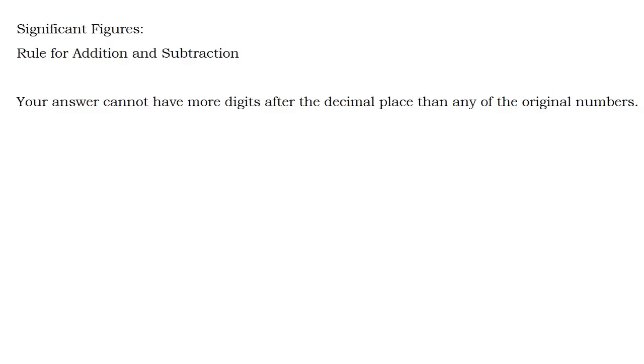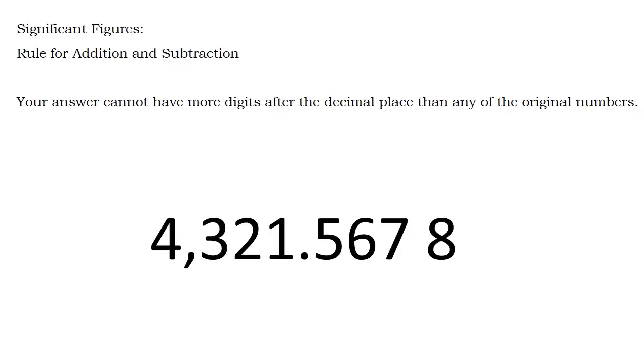Now our second rule is addition and subtraction. This rule states that your answer cannot have more digits after the decimal place than any of the original numbers. That's the way a lot of books state it. I think it's more accurate to say digits after the decimal place or before the decimal place, since some numbers don't have a decimal. And so I think it's wise to keep track of the place in a number. So if we just put in a big number here,